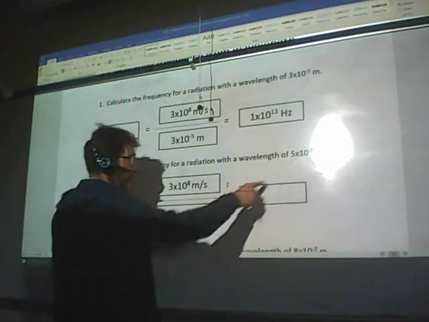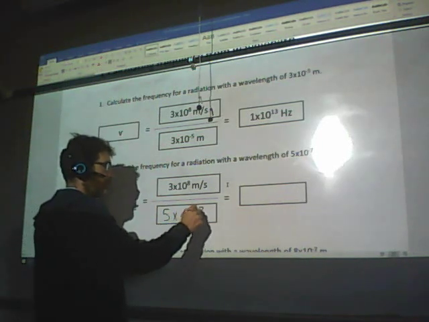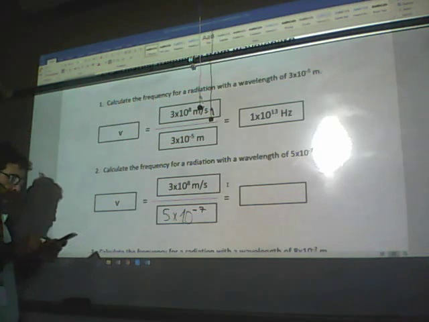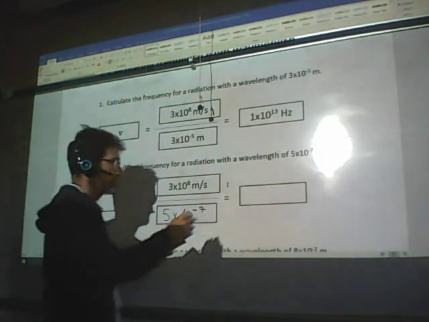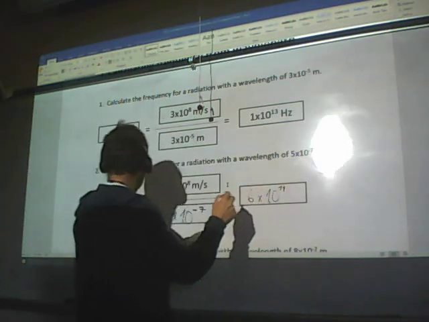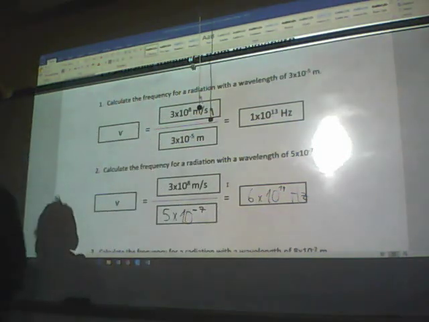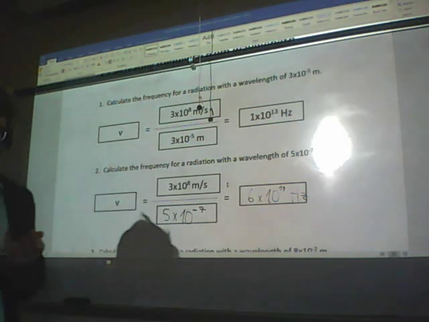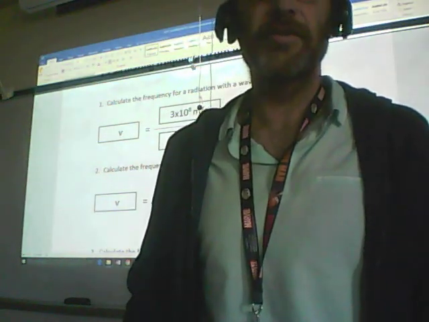Here, if the wavelength is 5 by 10 to the power of minus 7, just use the calculator, 3 EXP 8 divided by 5 EXP 7 minus, okay? 6 by 10 to the power of 14. This is frequency. Frequency is measured in hertz. Okay? So I'm going to go around and see your calculator to get